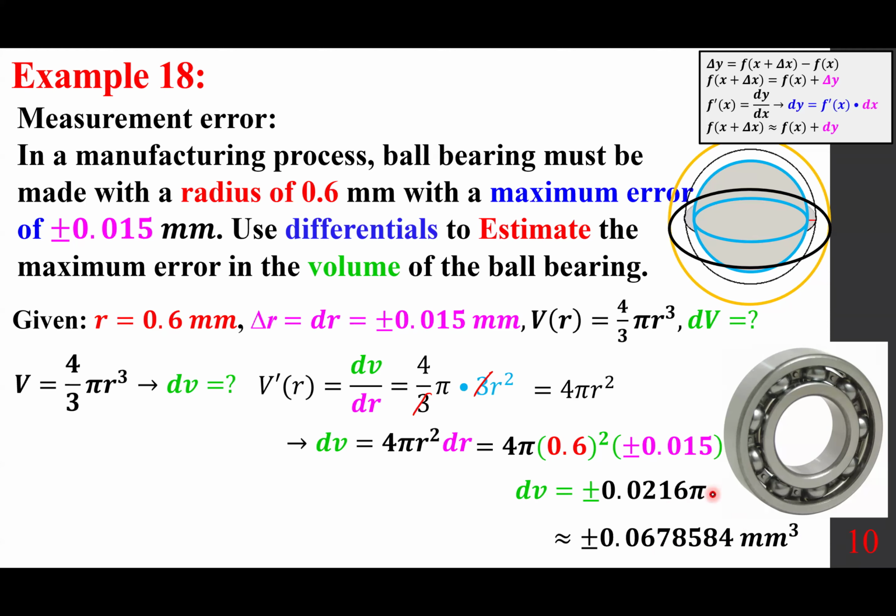Now, again, this is not too bad. We can find the exact value, which is delta V, meaning if the volume is 4/3 pi r cubed, we can plug in 0.6 and that gives us the volume that it should be. Then there are two calculations we need to do. So 0.6 plus 0.015 becomes 0.615. Put it in there, find the volume, and the difference is on the plus side,